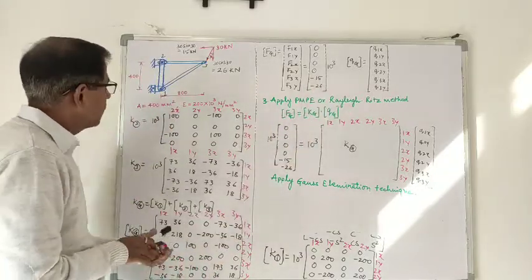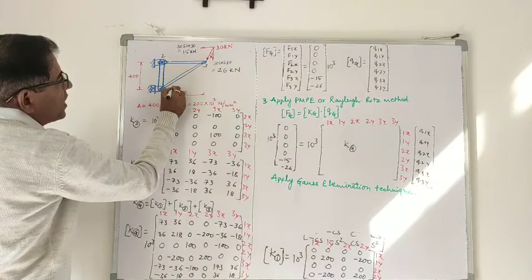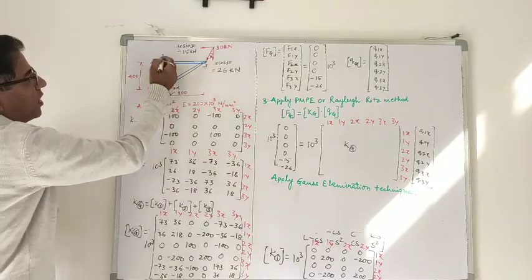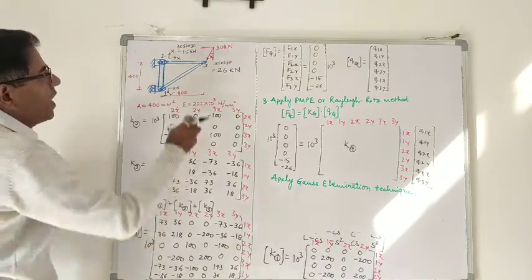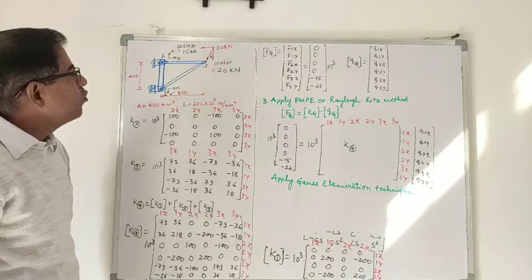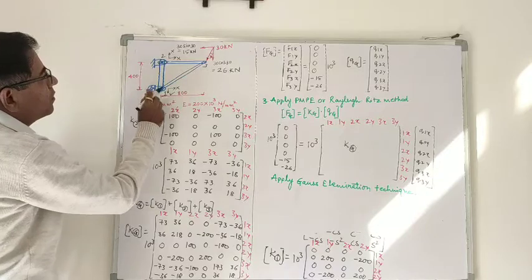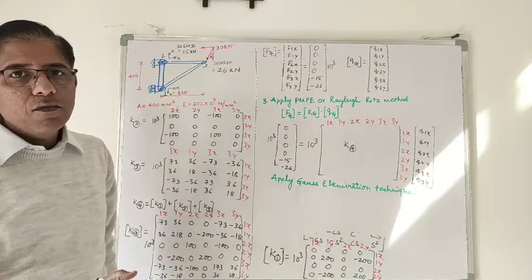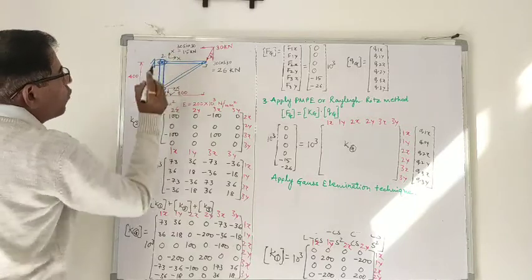Now here, the restriction at node number 1, the restriction along x direction is fixed, but y direction is allowed. At node number 2, both x and y directions are not allowed, and at node number 3 it is a free one. So at node number 3 there is free movement or free displacement. So which directions are fixed or which directions are fully constrained for displacement? That is 1x, 2x and 2y.